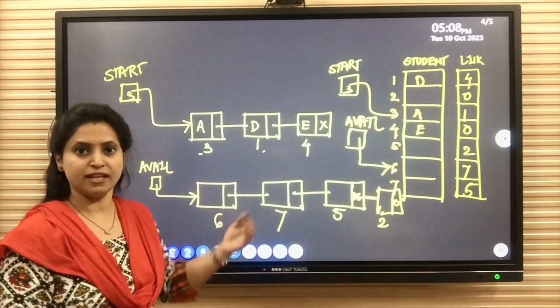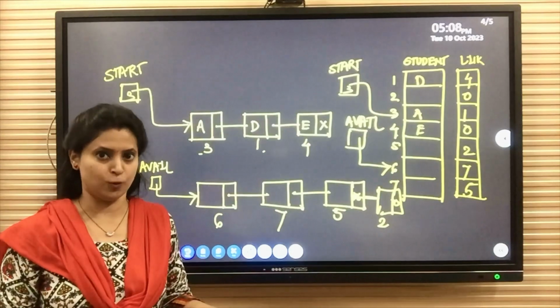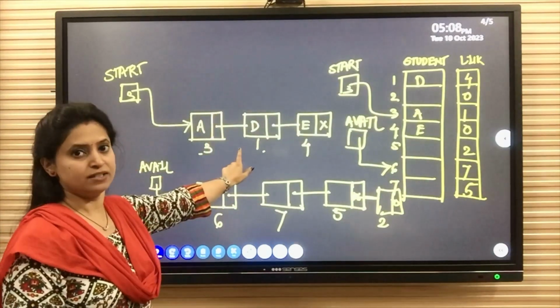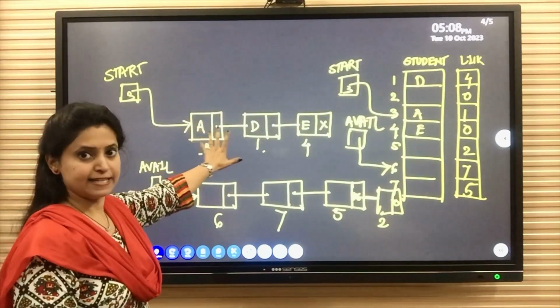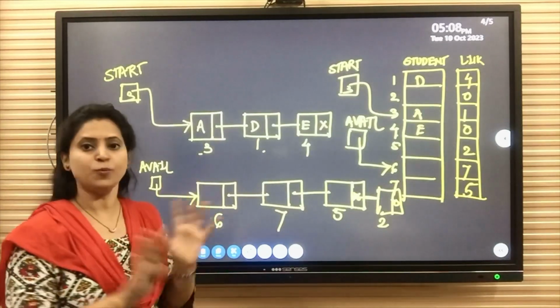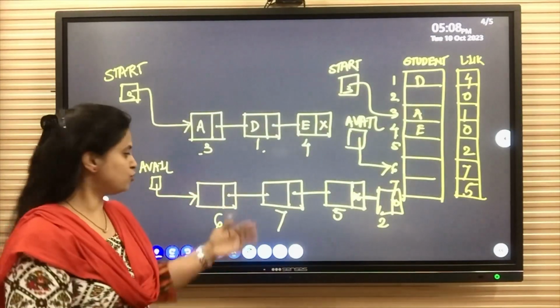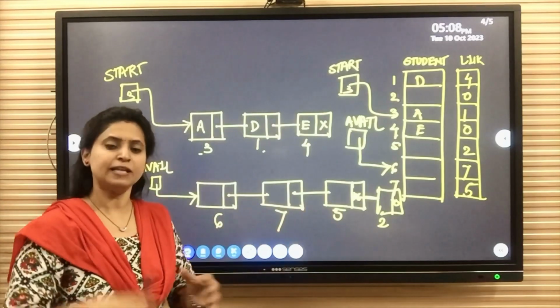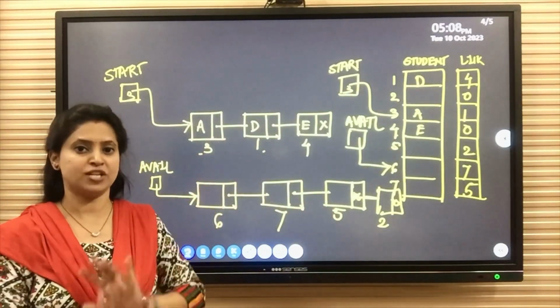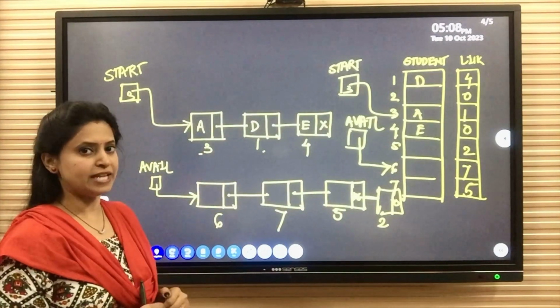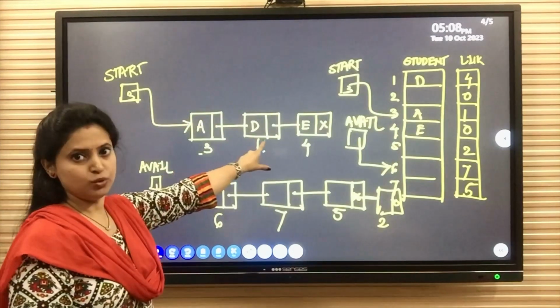So in that case it will display the message overflow and we cannot insert a new node in the linked list. But if aval is not pointing to 0, it is pointing to any other memory location, then it means that that particular memory location is free and we can use that memory location to add a new element in